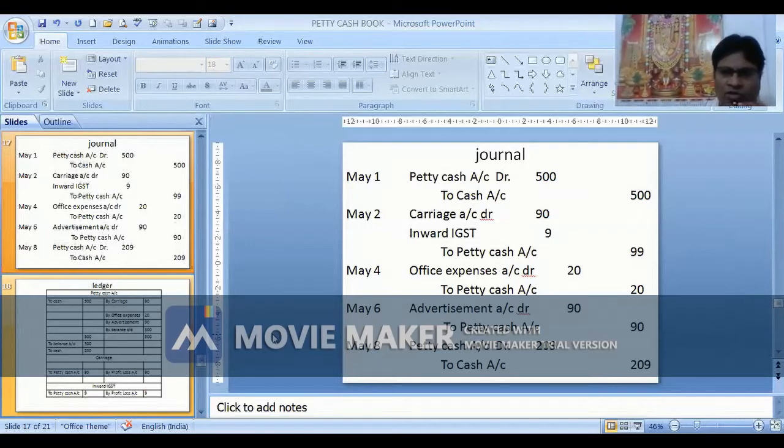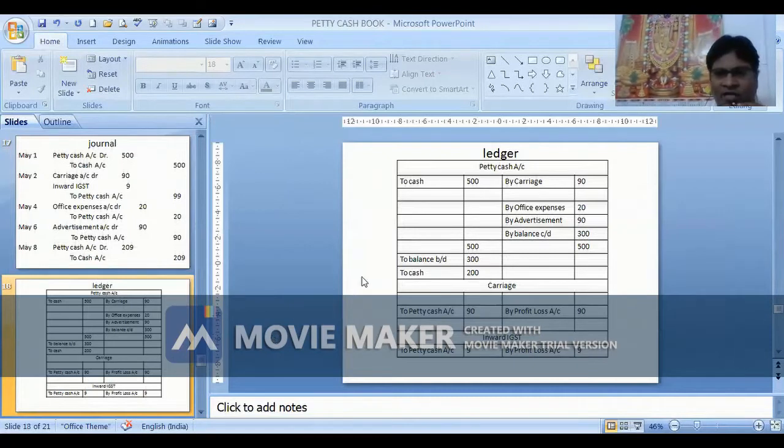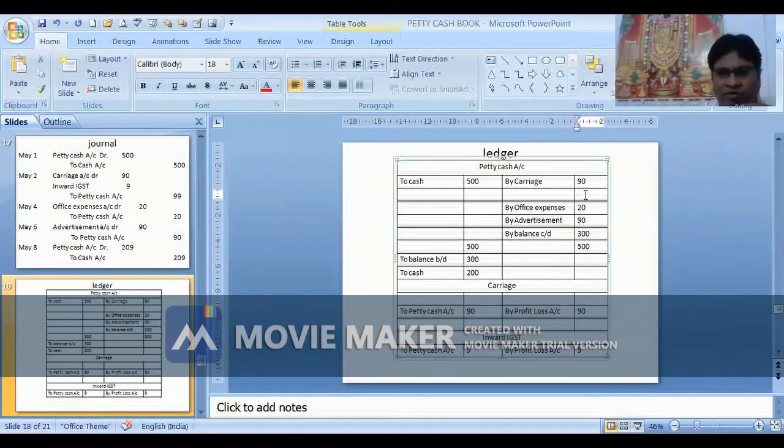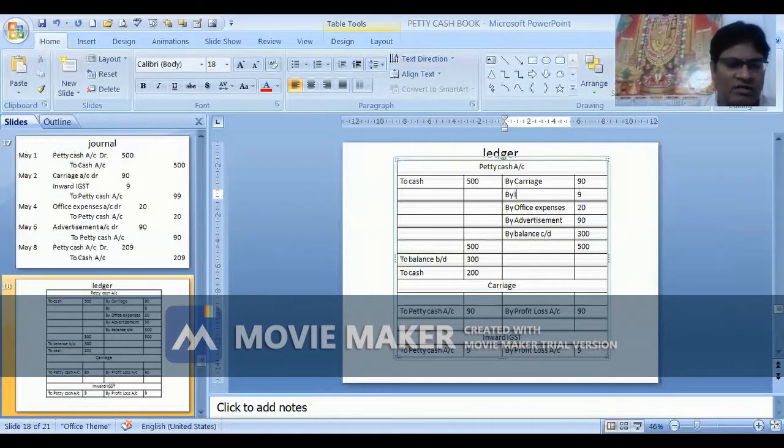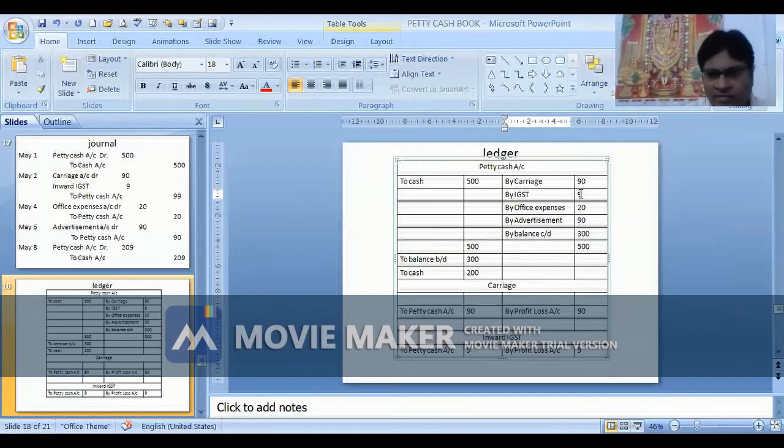We have opened the ledger also. In the petty cash account, by carriage, we have to write by inward IGST. Inward IGST is 9 rupees. Even we have to write by office expenses. Inward IGST 9, office expenses 20 rupees, by advertisement 90, and the balance will become 291. 291 is the balance, and balance is brought down, and we have received the new cash on 8th, that is